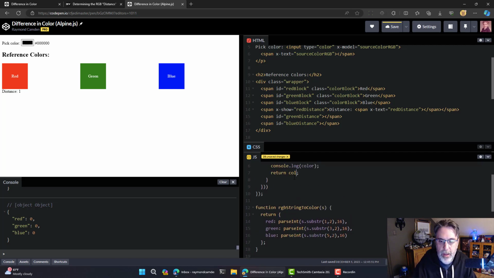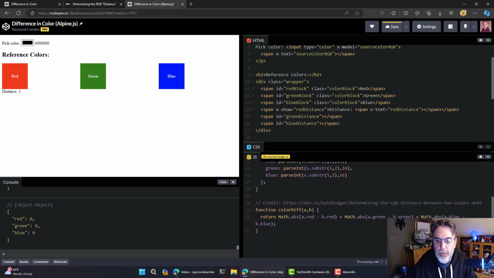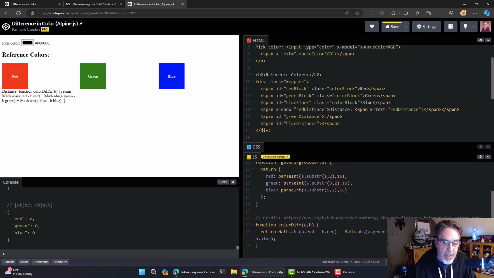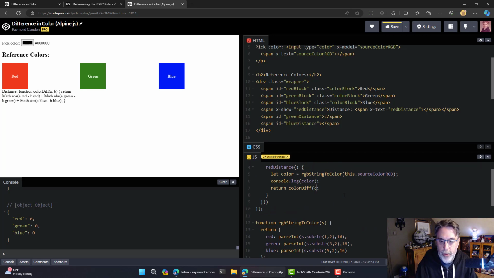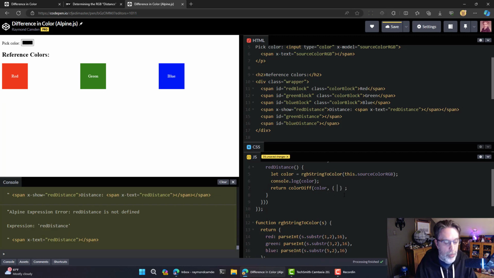Color diff. And this function is going to expect an object like I'm making that has a red, green, and blue value. So I will pass color. And then I need a red, which will be red 255, green 0, blue 0. And get rid of that space there. And in theory,